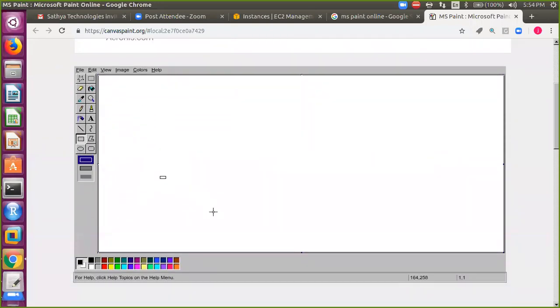All my work is in my local machine, in my local repository. So I have committed and then I am pushing that snapshot.